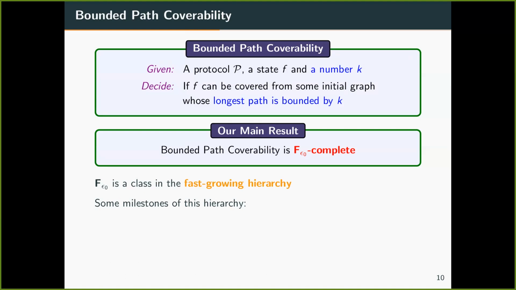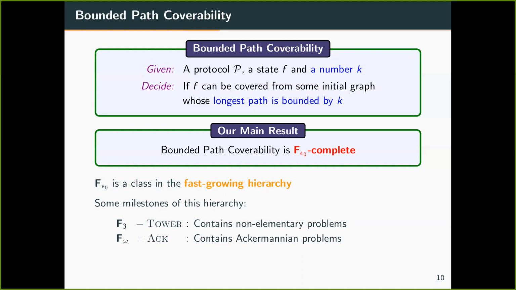which are already rather big and well-known classes, and show that F epsilon naught is much more huge than these already huge complexity classes. Okay. So one of the milestones in this fast-growing hierarchy is the tower complexity class, which is denoted by F3. And this class already contains non-elementary problems. That is, problems whose running time is not bounded by any fixed height of exponentials, which is already a huge